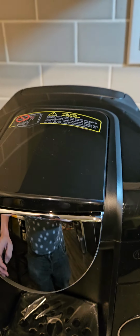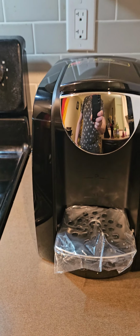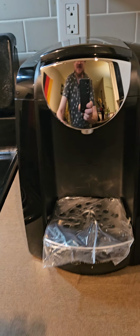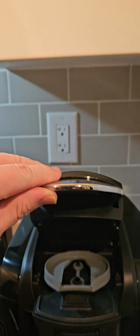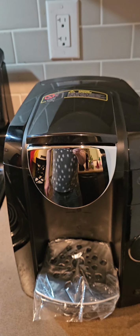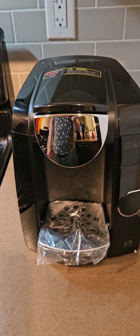This is a nice little thing here, and I'm just going to move it across the stove and put it where my last coffee maker was. So it sits nicely in a small space. This is the counter between the fridge and the stove, and that's where I have my last coffee maker. So it sits nice, and if you have a lower cupboard, it doesn't interfere with it at all. So we'll get this going here, take all the plastic off, read the instructions, and we'll have a part 2 of the video,